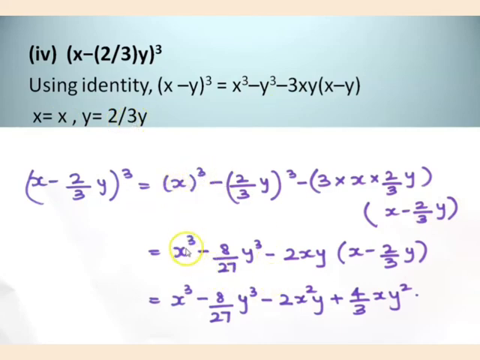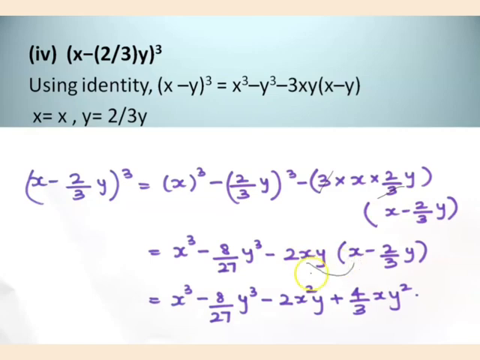So x the whole cube is x cube, minus 2 cube is 8, 3 cube is 27, y cube. Here 3 into x into 2 by 3y, so here 3 and 3 will get cancelled out. So you get balance 2xy. So that's what we have written here, and x minus 2 by 3y you are writing it as it is, and here x cube you are writing as x cube minus 8 by 27 y cube minus 2xy